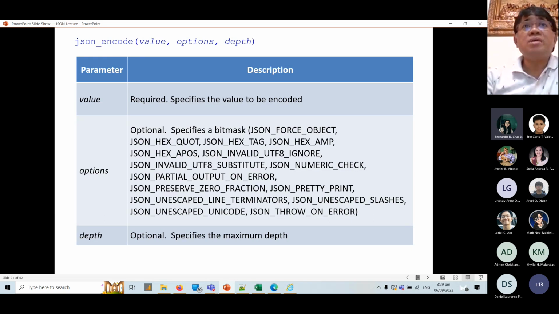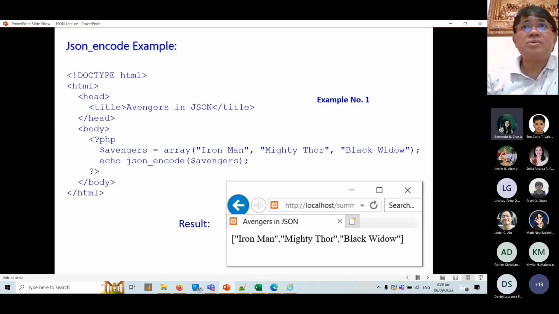Value is required. It specifies the value to be encoded. And then the options. Options are optional. And then the depth is also optional. It specifies the maximum depth. So, to give you an example,